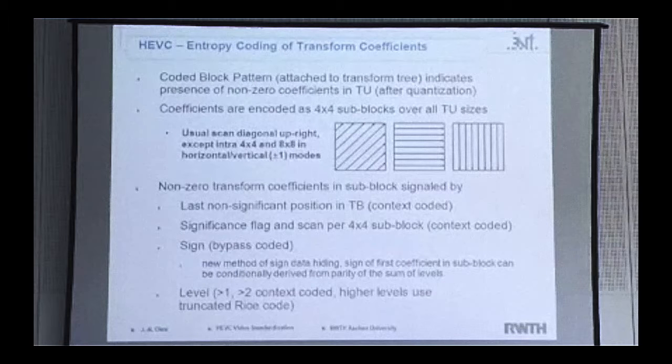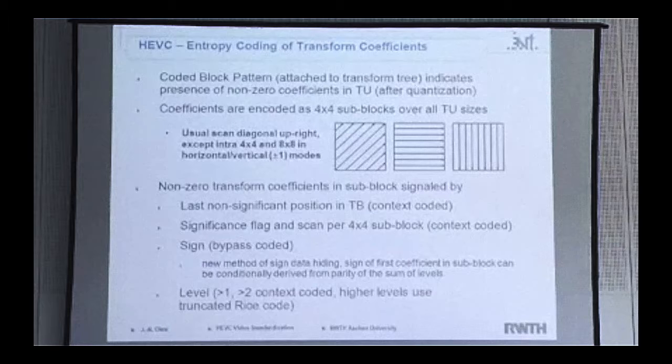Maybe a little bit about coding of transform coefficients, because that, in case of high data rates, consumes the bulk of the bits. If you go to the higher qualities, it's not the motion vectors, it's the transform coefficients. For low rates, it's the motion vectors eventually. But at low rates, you don't have a problem with entropy coding bottlenecks. So, how are we managing all these different transform sizes? We go up to 32 by 32, but in principle, the same way of entropy coding is used for any transform block size.